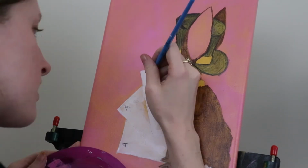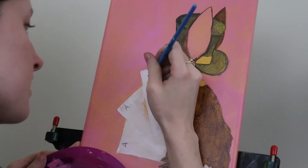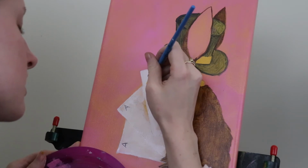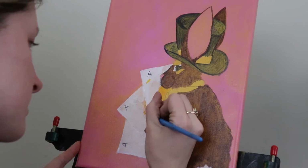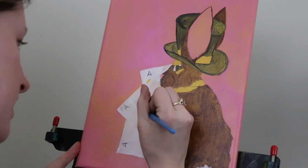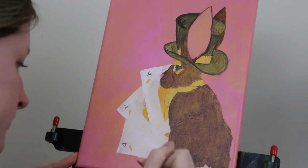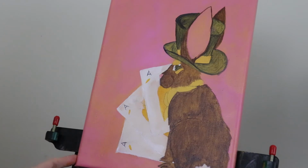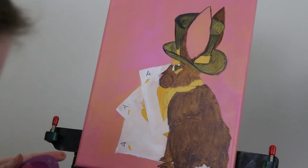It's semi-transparent. I made those A's Payne's gray, but I honestly think in the final thing, there is a very excellent chance that I'm gonna change those to red. I feel like doing a suit of red instead. Big surprise, right? I don't love red or anything. There we go. Now, the only bad thing that I'm realizing is that I forgot to draw in where my carrot is here. So